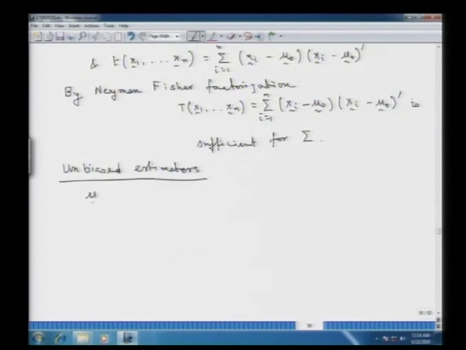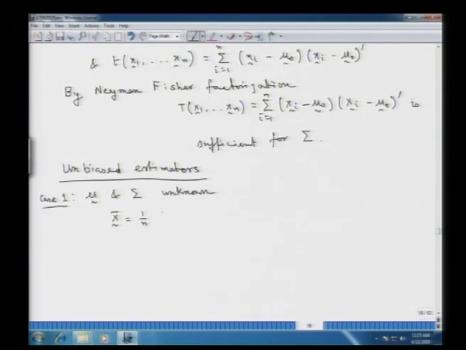Now, we have this mu and sigma both unknown. If both the mean vector mu and the covariance matrix sigma are unknown, this corresponds to case 1 that we had considered for sufficient statistics. In such a situation, we have already derived for a general case of random sampling from a multivariate distribution, not necessarily a multivariate normal distribution, that if we have this x bar vector